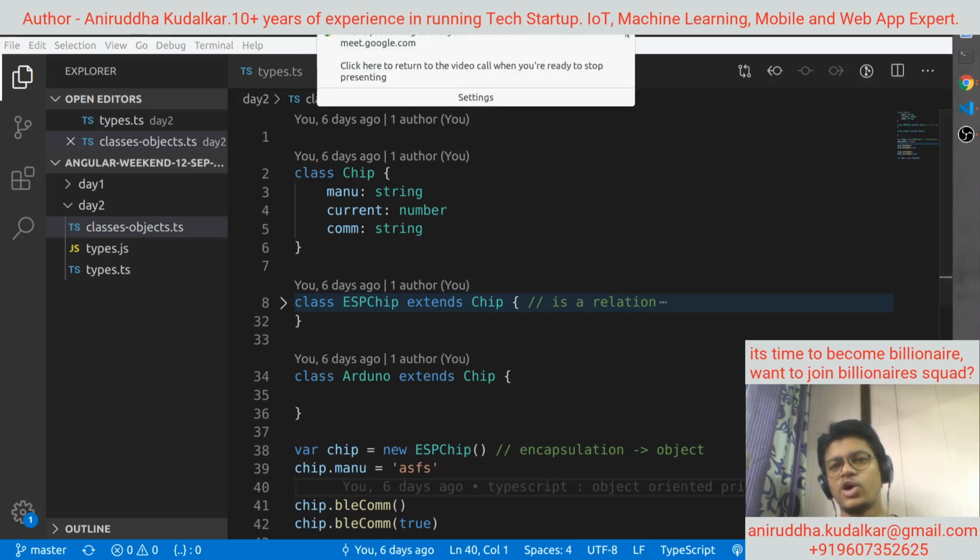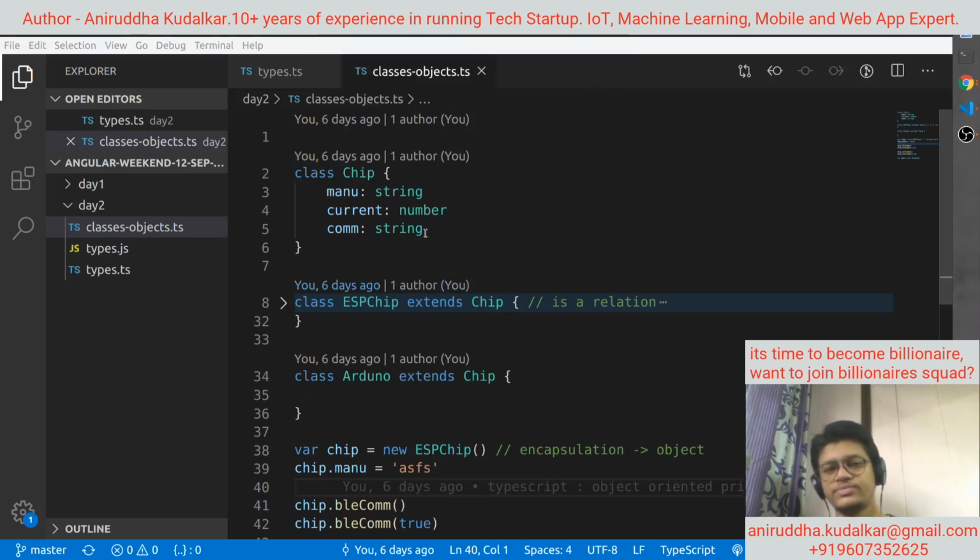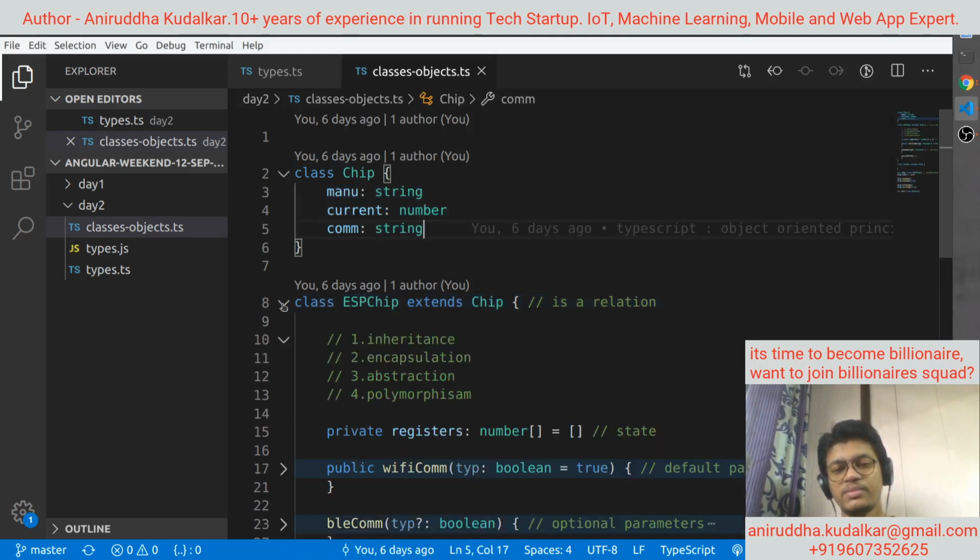Classes and objects. Now if you see, what do you mean by class? We have discussed it. A class is that entity which has state and behavior. What do you mean by state? This is called state. What do you mean by behavior?